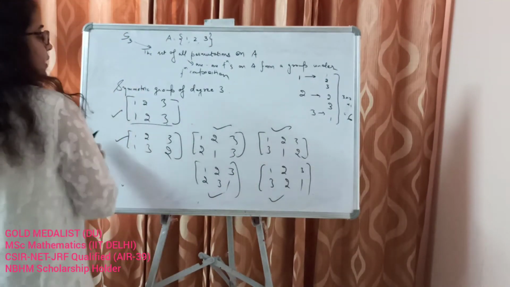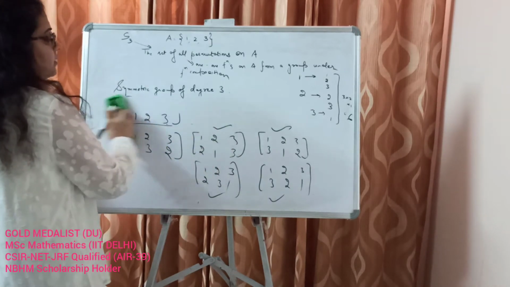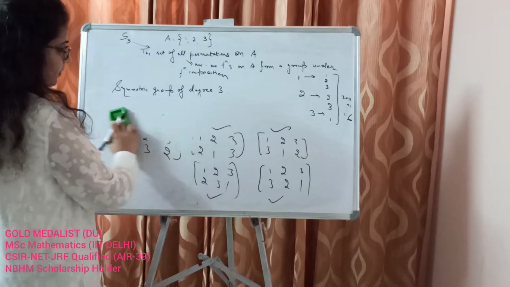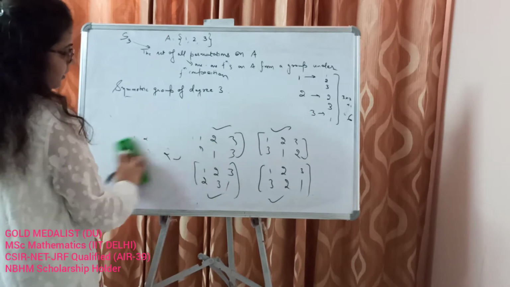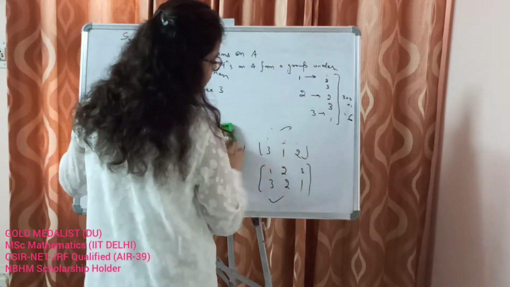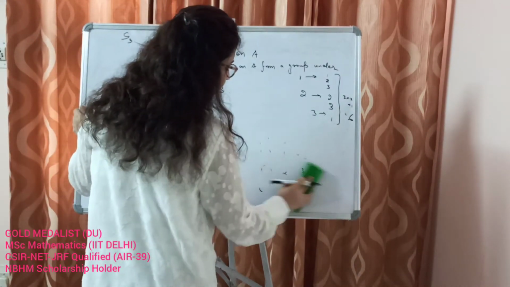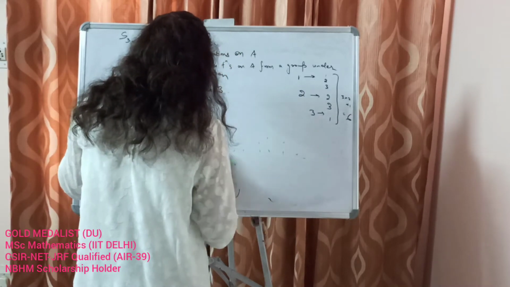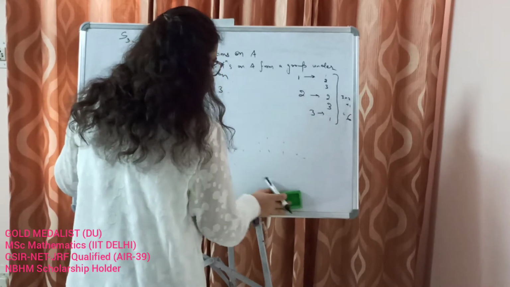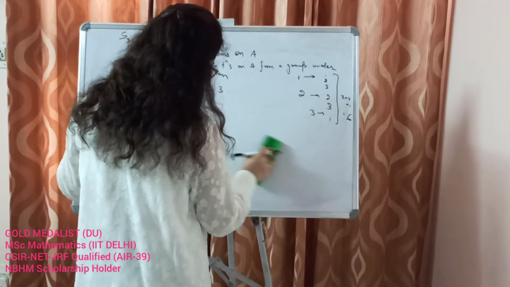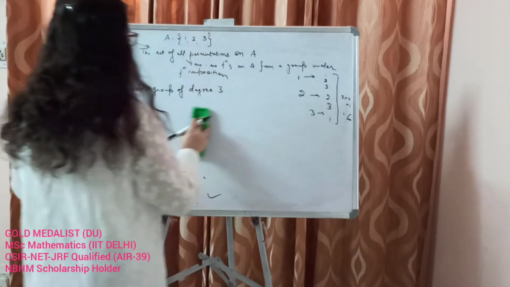And how do we know that? This is the exhaustive set S3. There will be only 6 elements in this because we have already found the order of S3. So this is how we write S3. And I leave it up to you to check that not all elements of S3 commute with each other.